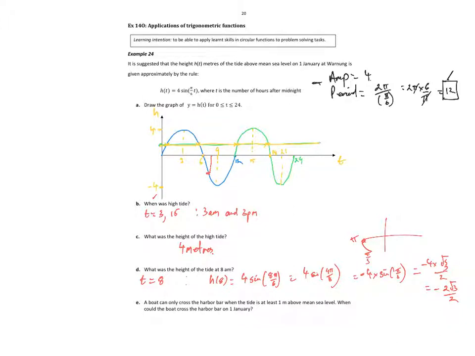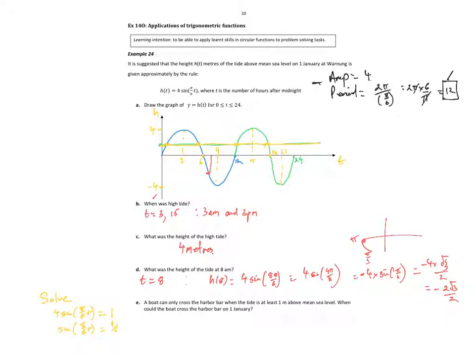So first of all, I need to find out when the function is equal to 1. So I need to solve 4 sine pi on 6t equal to 1, which means sine pi on 6t has to equal